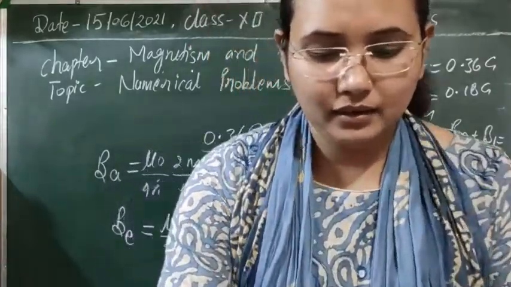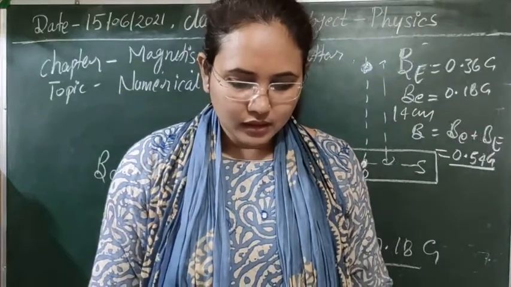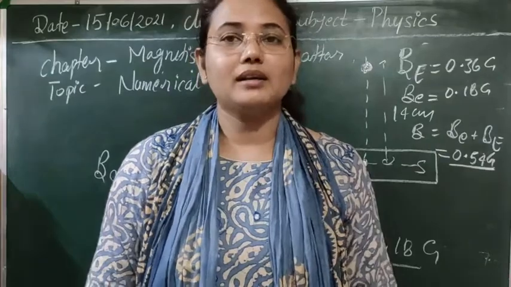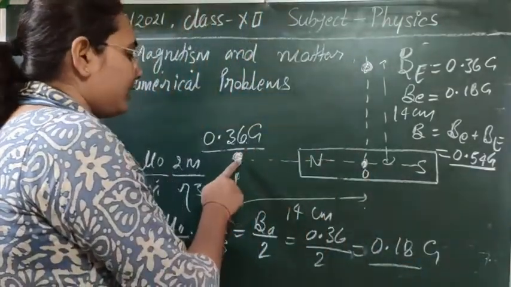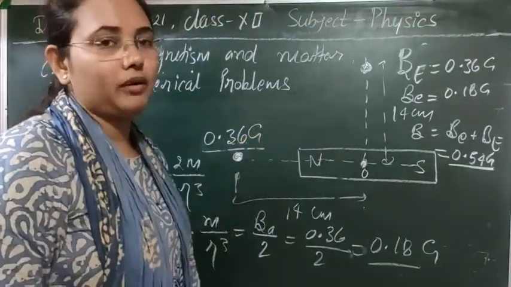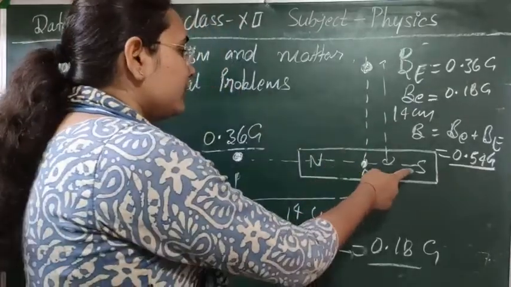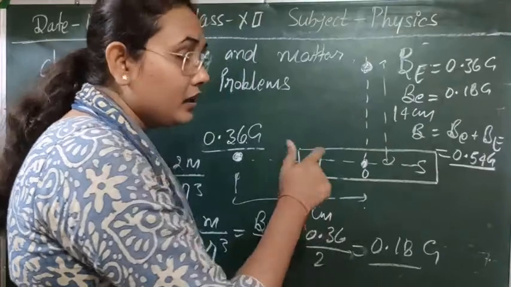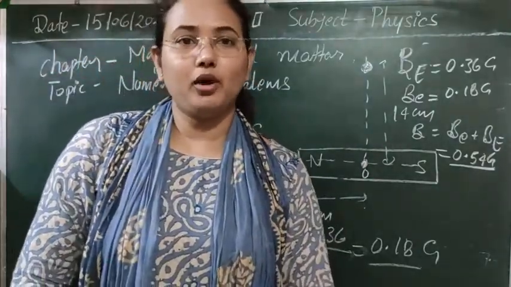So the next question is given from the same question. It is given that if the bar magnet is turned around by 180 degrees, where will the new null point be located? Means here this bar magnet, its null point was at P, where we got this one value of magnetic field. If we turn it around 180 degrees, means if here is south, then south will be here, north will be here. Then for that case, what will be the location of the null point from the center of the magnet?